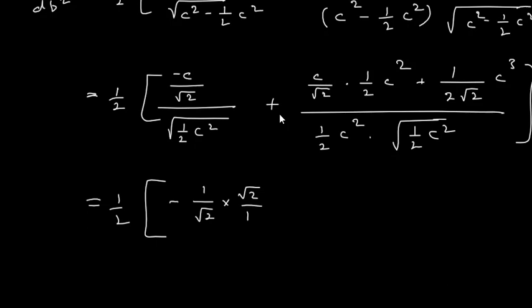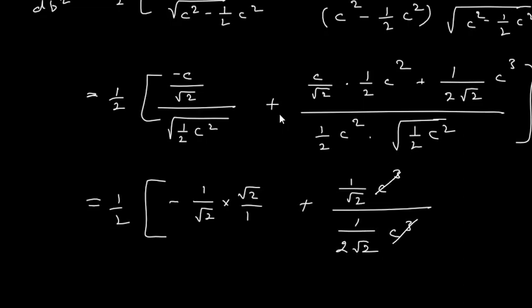Okay, so here we have minus 1, then plus, let us see what we are getting here. This is c cube, 1 upon 2 root 2 c cube plus 1 upon 2 root 2 c cube. So it is 1 upon root 2 times c cube whole divided by, here we have this c square will come out and it will be c cube. So this is 1 upon 2 into 1 upon root 2. So here it is 1 upon 2 root 2 into c cube.